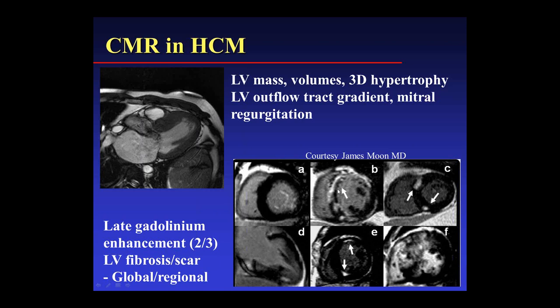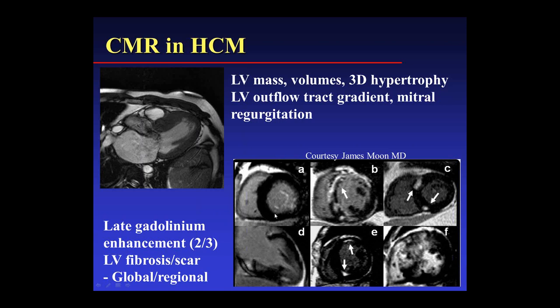the heart. Essentially what we do is we inject standard clinical doses of gadolinium, which is the typical MRI contrast agent, and when we image about 20 minutes, between 10 and 20 minutes after infusing the contrast agent, in certain patients, areas of scar in the heart appear bright white as compared to the more normal myocardium or heart muscle appearing dark. So these are 6 different examples of patients with HCM.